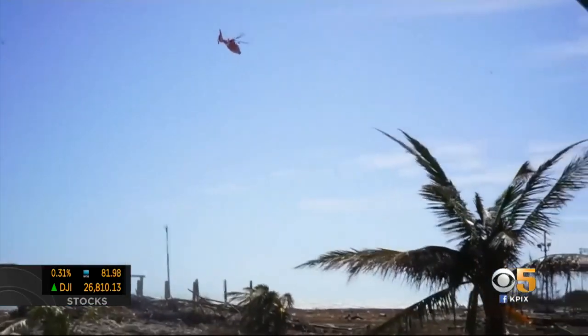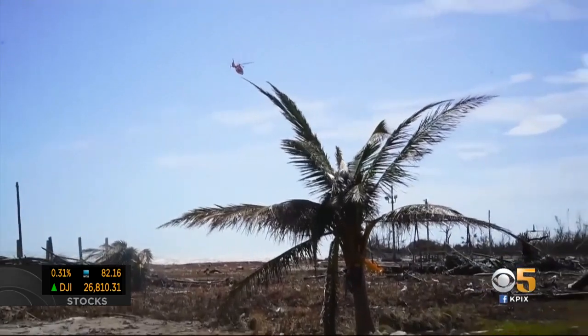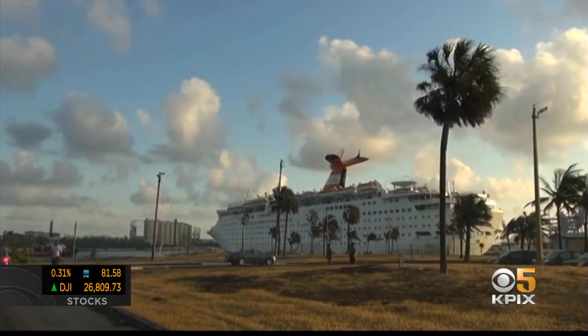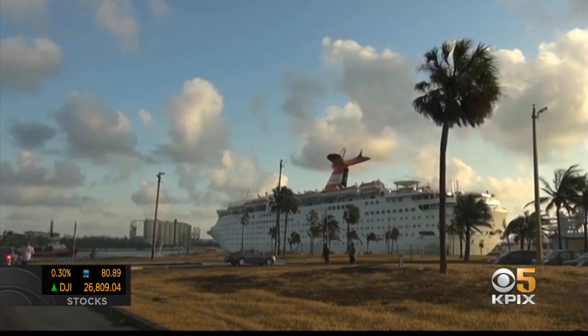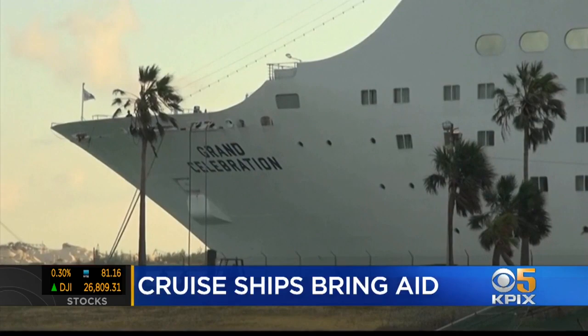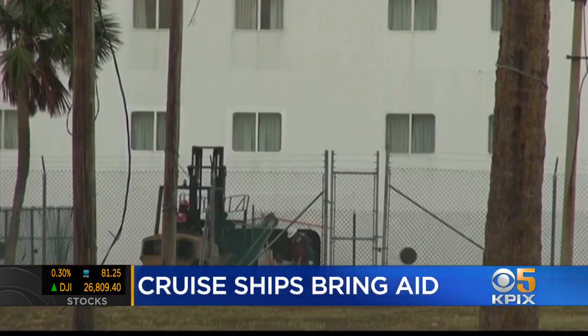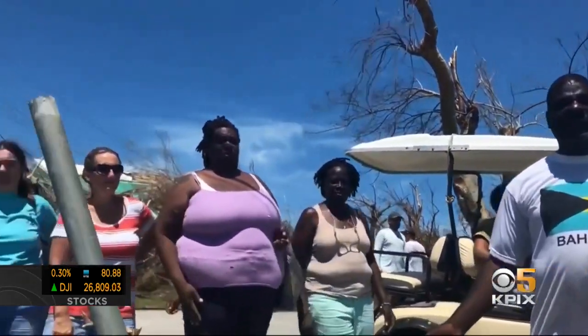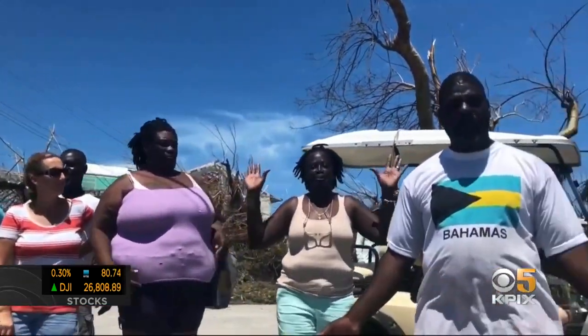The U.S. Coast Guard also says so far it has rescued more than 200 people. Even cruise ships are helping out, ferrying food, water, and supplies to the Bahamas and evacuating survivors. It's part of a growing international effort to relieve the desperation after Dorian. We need ice. We don't have no power. We need generators and stuff to run the power. We need generators. We get some generators for people. What we need is